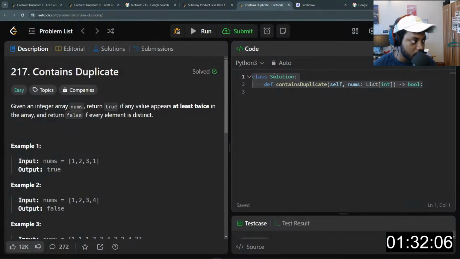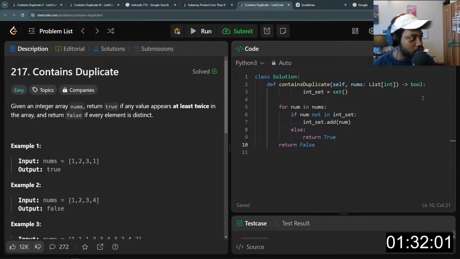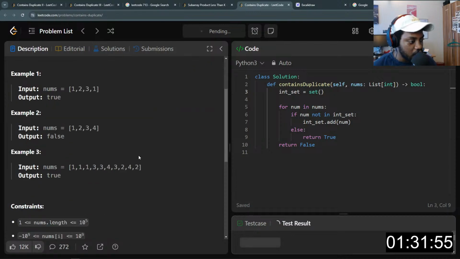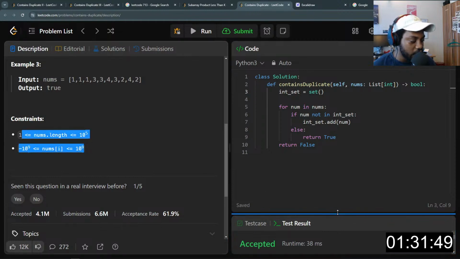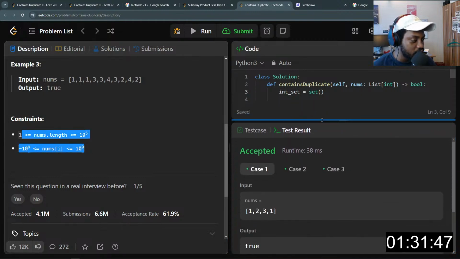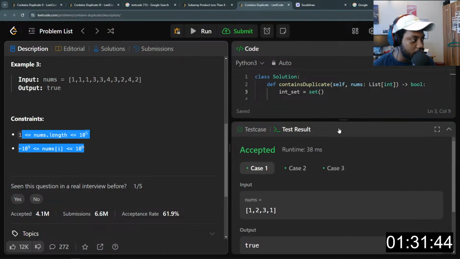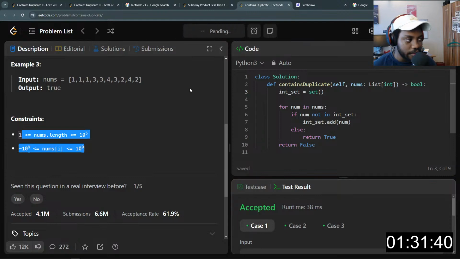Okay, so let's see how this will play out. I'll just bring this one here and let's run it. Now there might be some edge cases that we'll probably need to look into, but we'll do that in a bit. Okay, the edge cases have been passed, so let's submit this and see what we have.